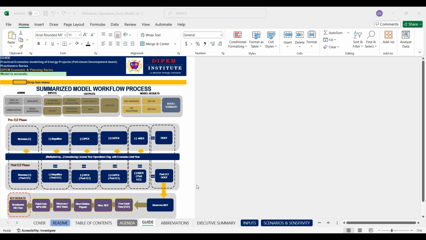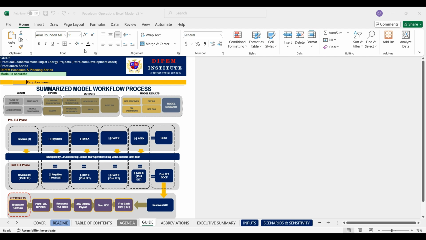It provides the basis to understand the project from a point that is bankable by providing a summarized model workflow process. Typically, the model is structured within an admin section where you can make inputs and assumptions, and then it provides the output that is sensitized in the calculation worksheets and provides results after the model has been modeled to show the outputs. It follows the structured approach that is proven globally on a pre-ALT basis and a post-ALT basis. Within the structure of the revenues